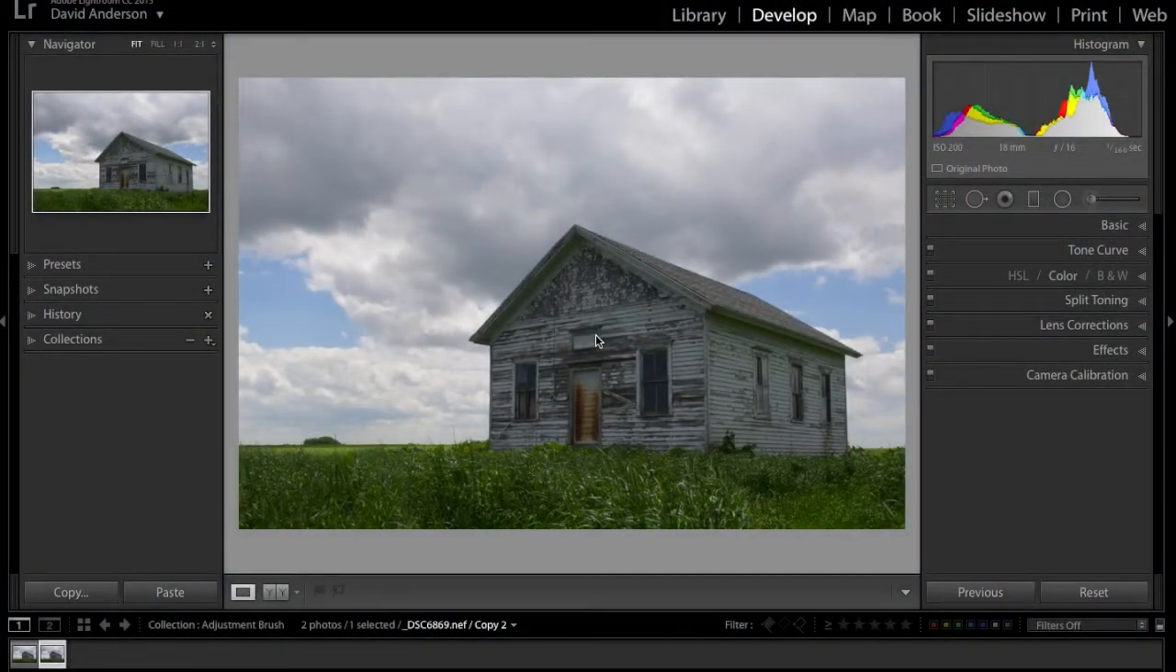Today we're going to talk about the Lightroom Adjustment Brush. In my opinion, I think the Adjustment Brush is one of the most powerful tools Lightroom has to offer because it allows you to put adjustments to your image exactly where you want them without impacting any other area of